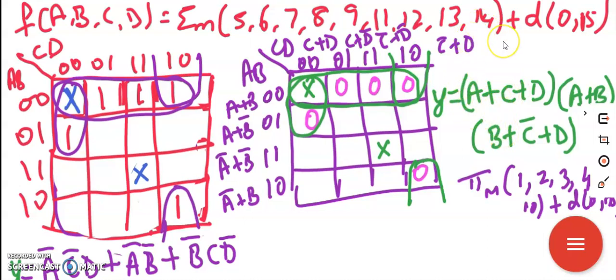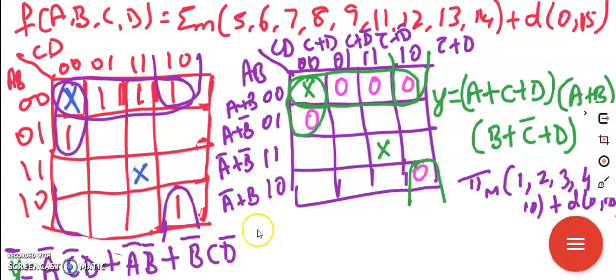Suppose the question has been given to realize with NAND, then instead of writing these locations as zeros, I'll write those locations as ones and do the grouping in SOP form. Then I'm going to get this expression. So this I can't write as Y, sorry for that. This answer is the complementary result. So this is Y bar, this is Y. So I write it as Y bar. I can do the grouping, and I get that result as a complement of the result I was supposed to get. Now it is easily implemented using NAND.